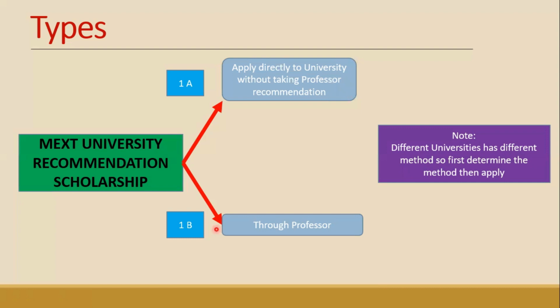You write an email to the professor in which you attach your CV and academic transcript. CV is your curriculum vitae, or you can attach your resume. You merge these files and email the professor in a very respectful way. After your email, if the professor likes it, he carries on the process. The process is quite long: he will ask you to send your proposal, and one by one he will prepare your documents by asking you to send this and that.